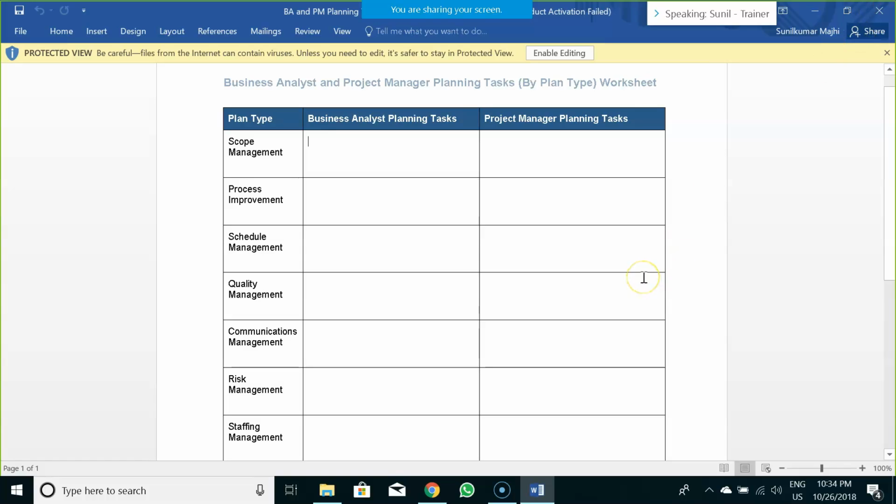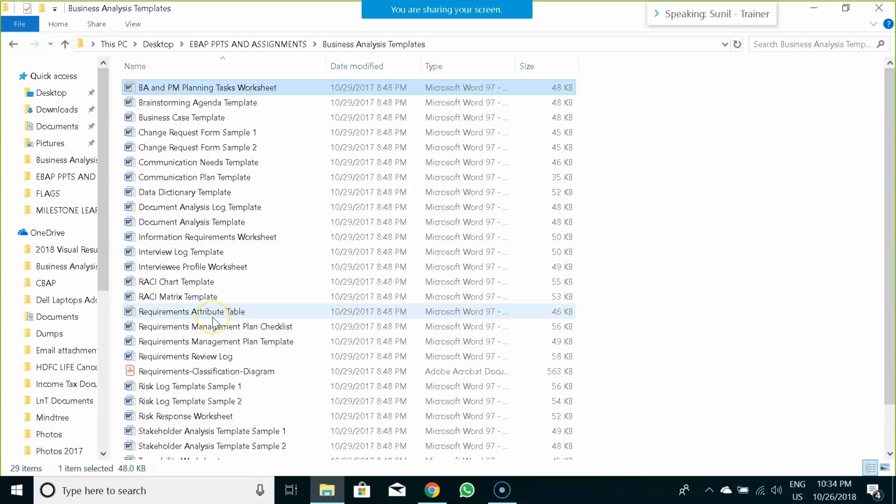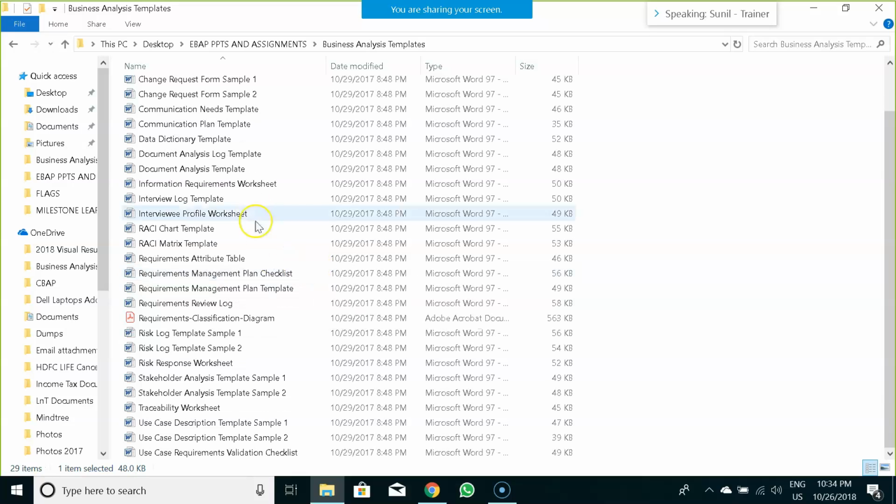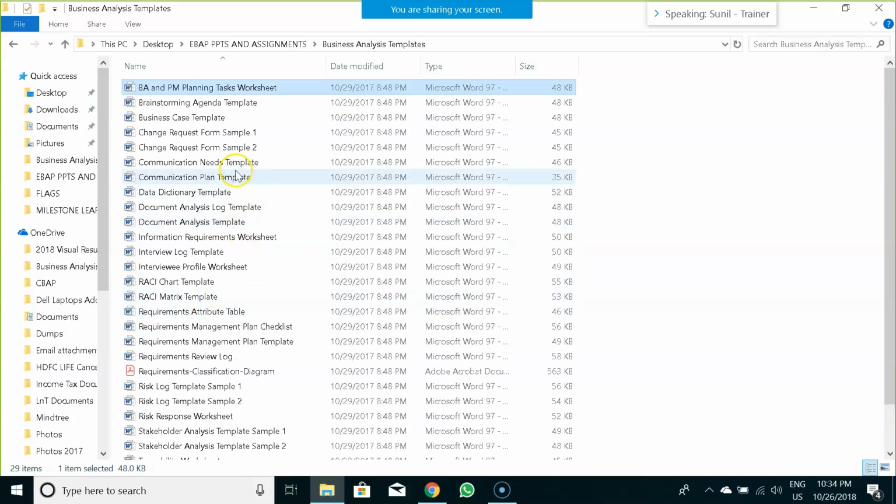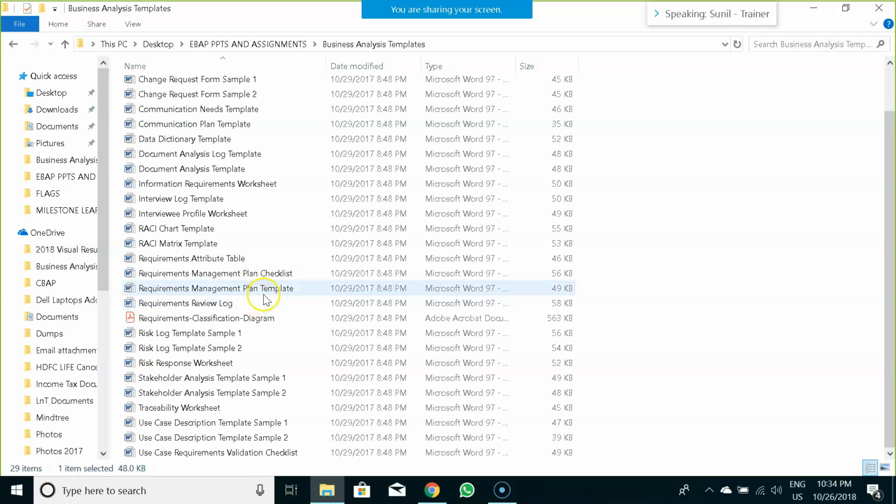Now this is again an ongoing process. After every release, this needs to be revisited. So whatever templates that we saw, they are repetitive in nature. They won't be standalone templates. There is huge scope of improvement or modification for these templates after every release. So I hope you are using some of these templates in our project work.